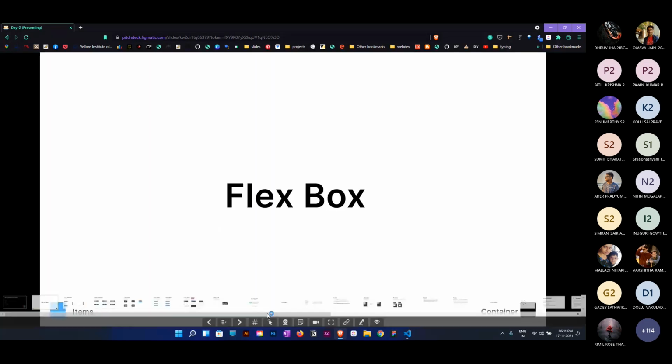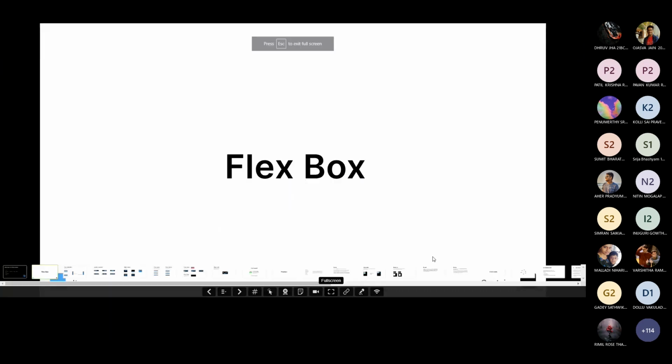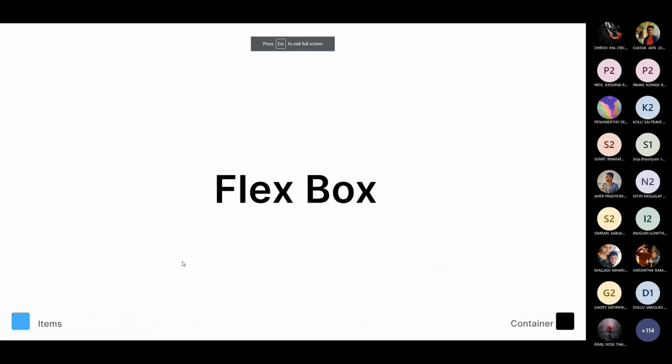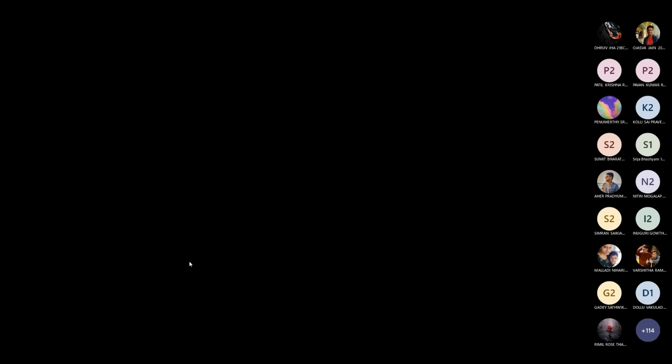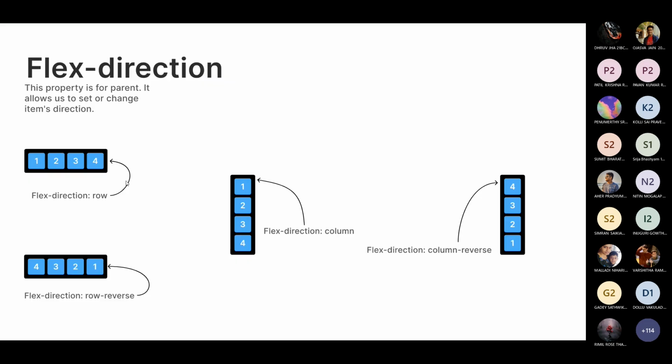Perfect. Now, Flexbox is a display property, used when you have a bunch of cards inside a box. I will show the pictorial representation instead of directly showing it. Don't observe all these things, observe one box. The box in the black color is the outer box, and all the four boxes inside the black box are like items.